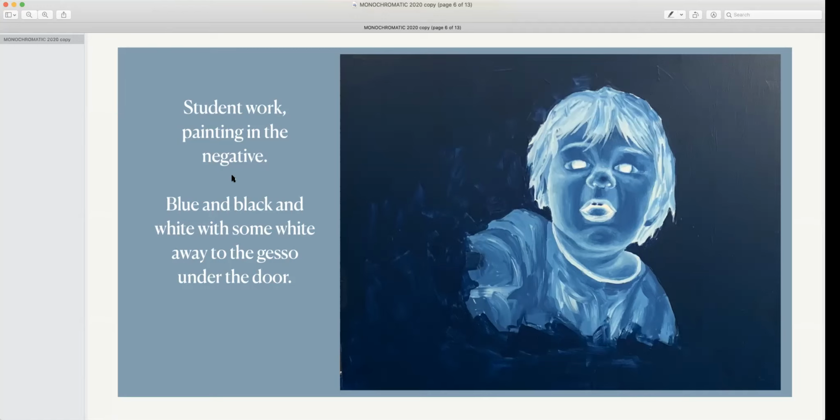What's interesting is if you put this into like Photoshop or a computer program and you reverse it to be a negative, it'll all come out in skin tones. It will be completely skin tone. So it was a lesson about values and skin tones and reversing, painting in the negative,